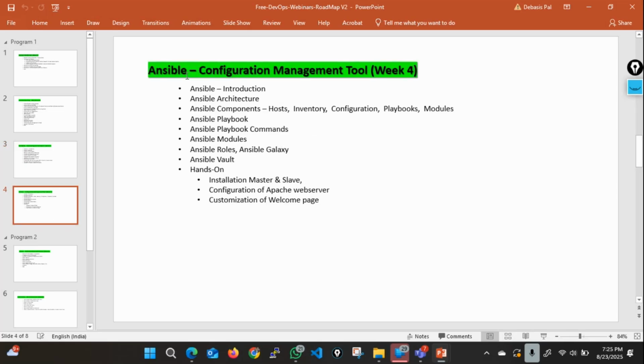Similarly with Ansible, I will try to finish it in one weekend. So in the 4th week we can expect to start Ansible, which is a configuration management tool. Whatever infrastructure you have implemented by now using Terraform and cloud. See, there are 3 things I will tell you which are very essential, because this is an introduction to DevOps. To start working with DevOps, there is a must. We must know a few things. I will come to that.